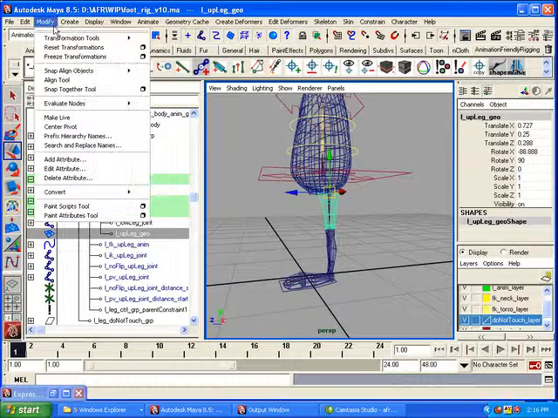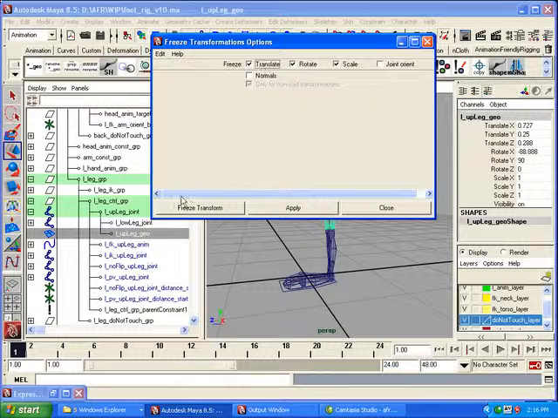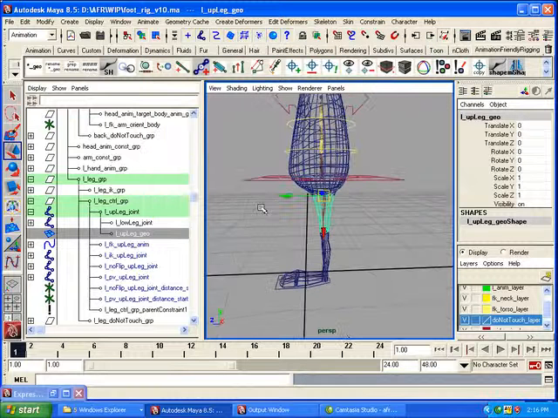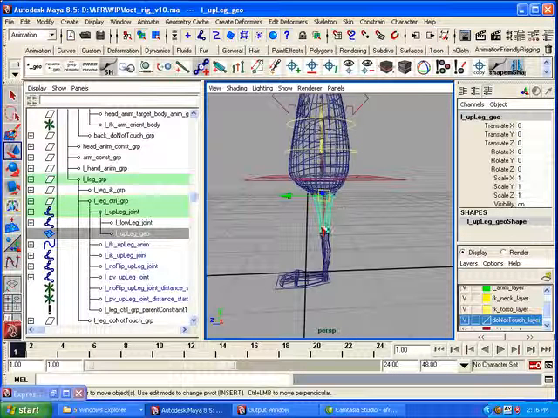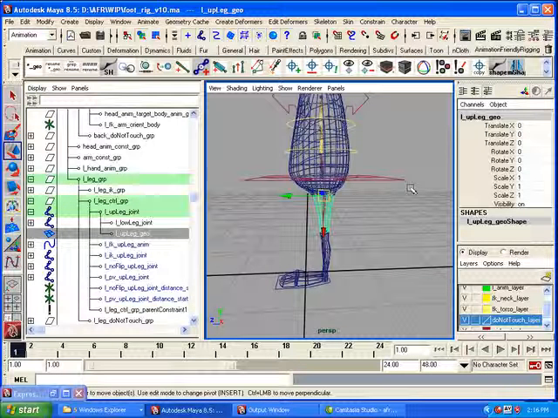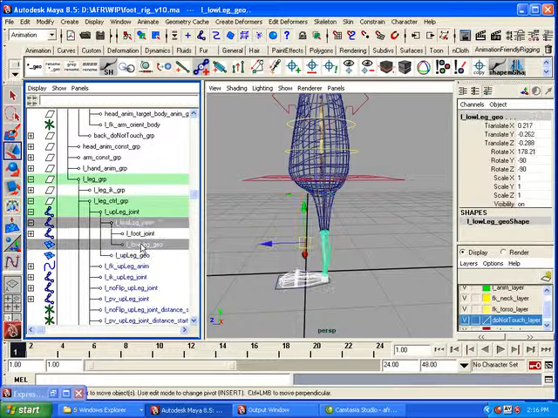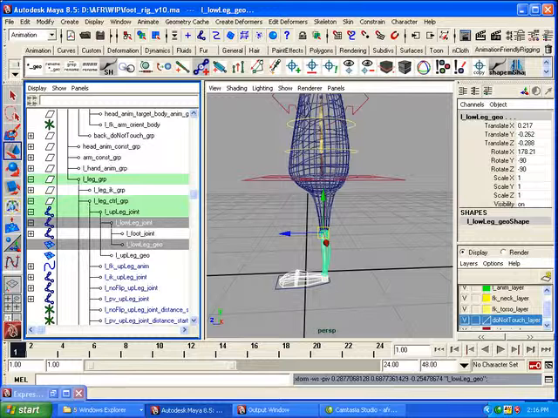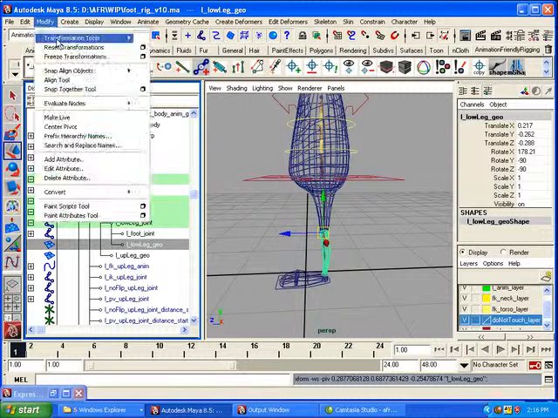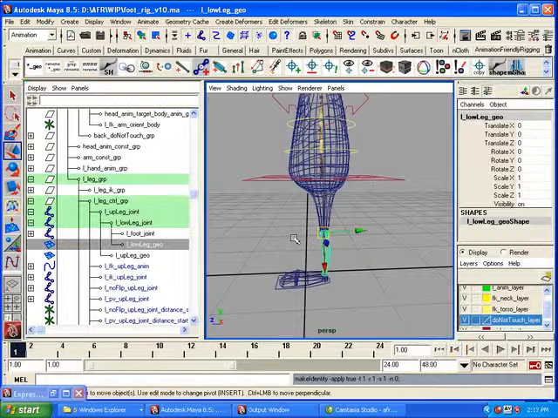Then we're going to go Modify, Freeze Transformations, Option Box, just with the geo. And we're going to choose everything, Translate, Rotate, and Scale. Freeze those transformations. Now this geometry is aligned with the joint, and its scale is set to 1, so that it's all aligned correctly. Do the same thing for the lower leg. Select low leg joint, low leg geo, copy the pivot, then just select the geo, modify, freeze transformations, and now it's aligned correctly. So what we're going to do now is connect the scale of the geometry to the translation